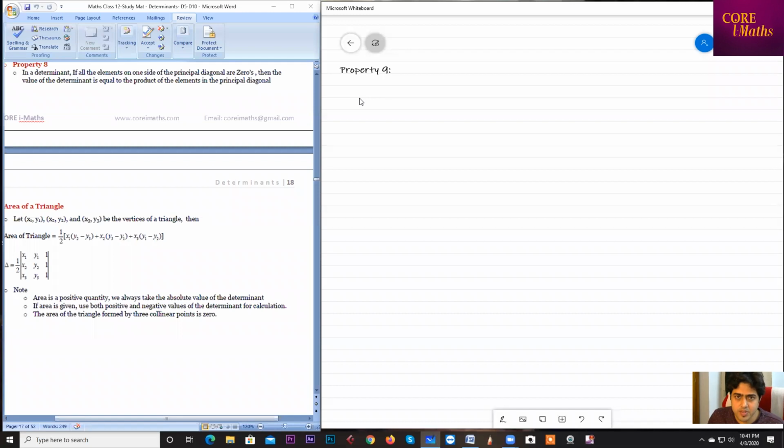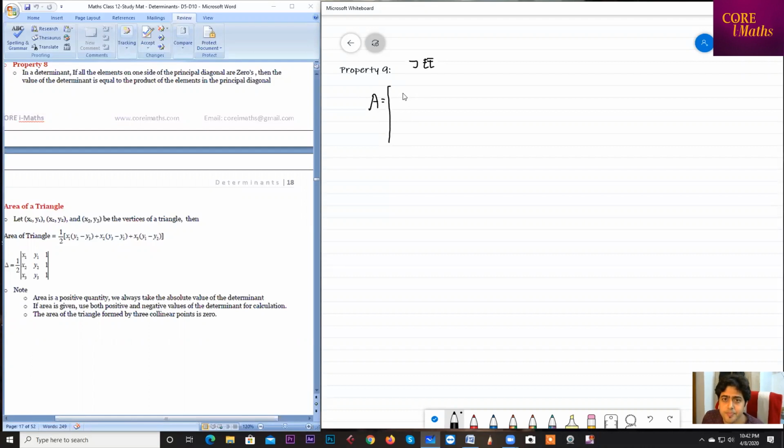Now comes property 9, which is not given in that material, but this is very much important for your JEE, right? This is very much important for your JEE section. Clear? What is it? Suppose you have one determinant A equals to